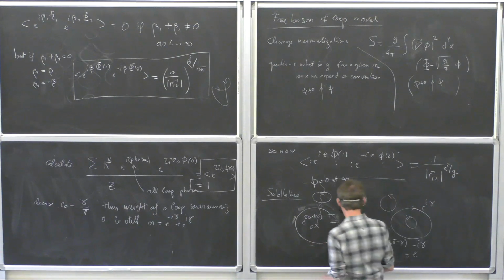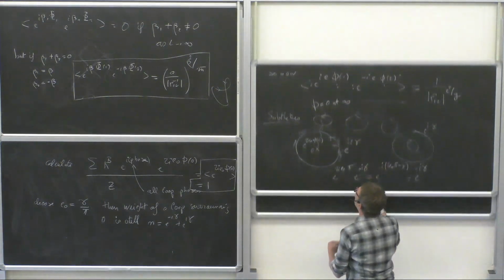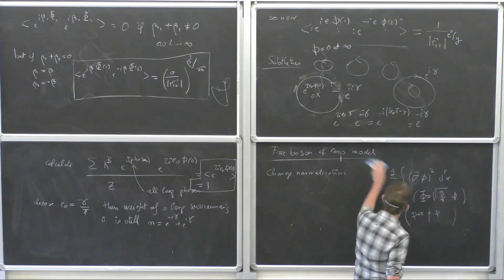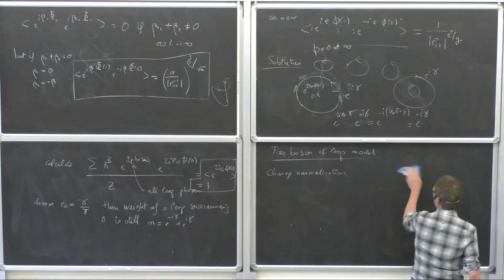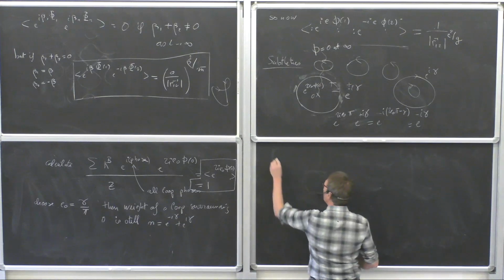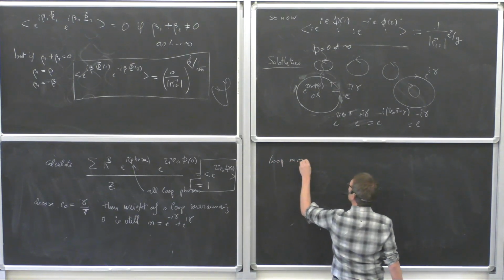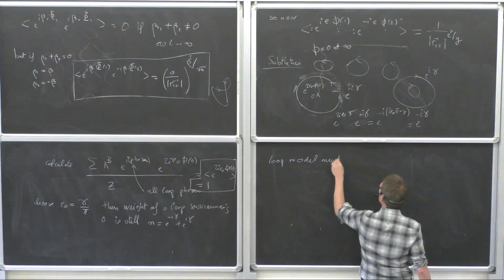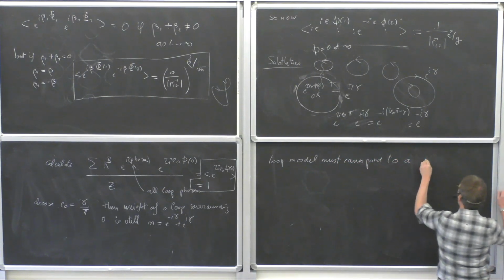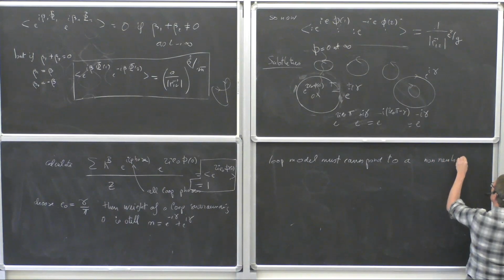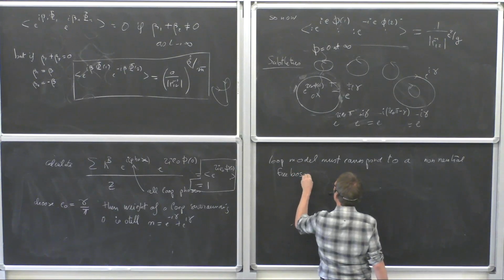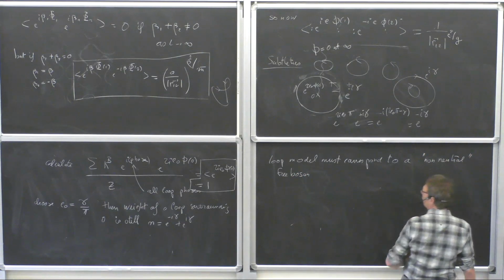So what do I do? Well, the only way to solve the problem is to acknowledge that if anything, our system cannot be described by just a naive free boson. Really, the loop model must correspond to a non-neutral free boson, which means